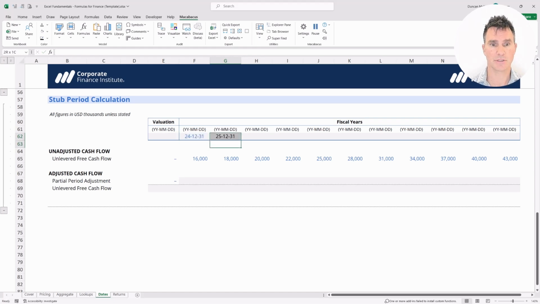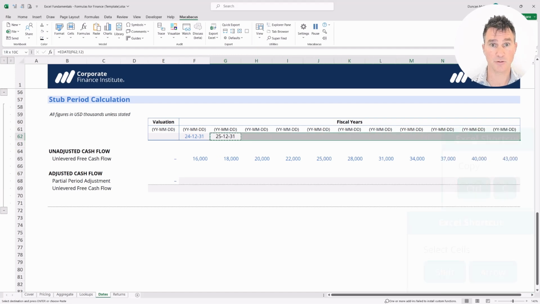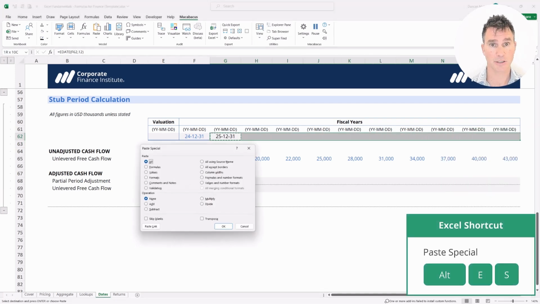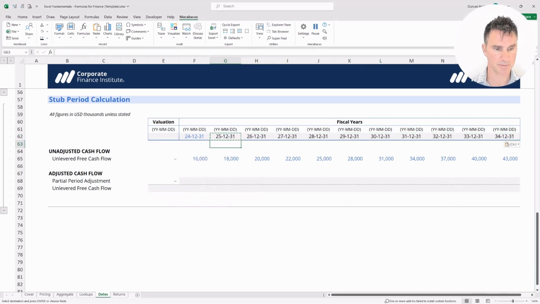And now what we can do is copy that, Control C, highlight all the way across here, and we're going to do Paste Special, Alt ES, or Control Alt V. And then we go down to Formulas and hit Enter, and that's been completed. Now let's look at our valuation date right here. Let's suppose that we were going to value this company as of